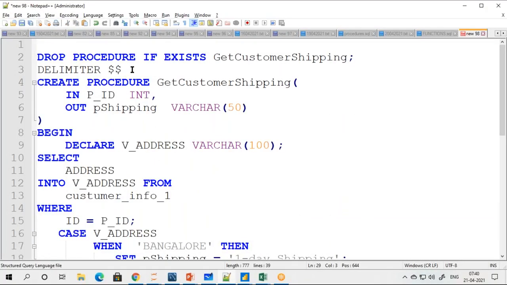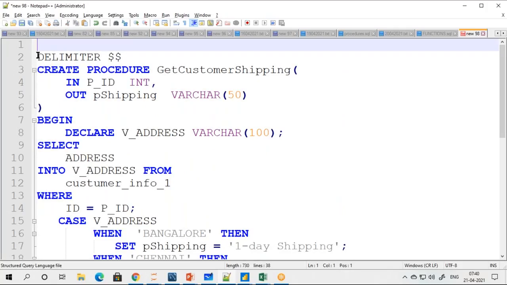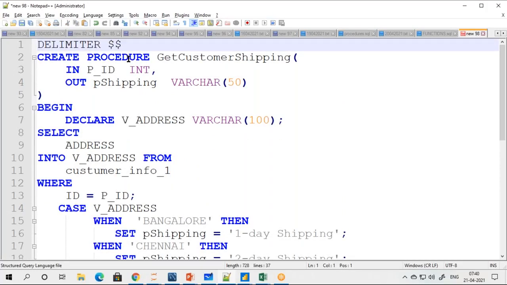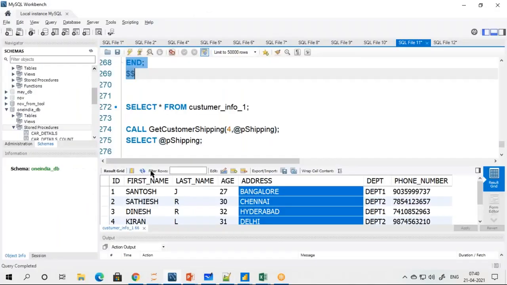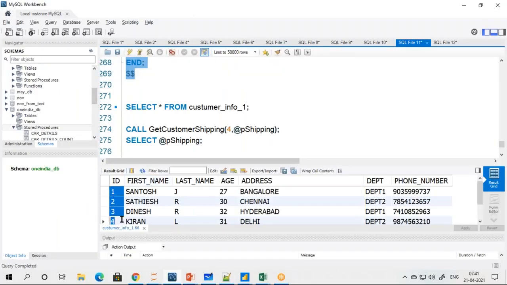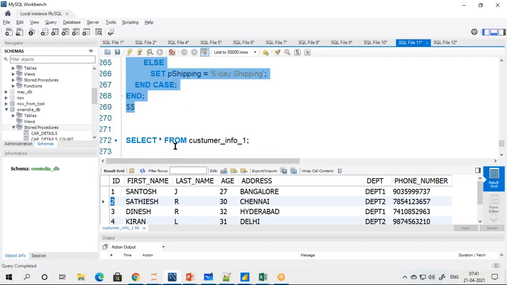First, what I've done, delimiter. This time I've created a procedure name. As input, I'm sending the customer ID. If I send 1, for this one customer, internally it will go and check that it is from Bangalore. So obviously his delivery will be 1 day. If I send 2,